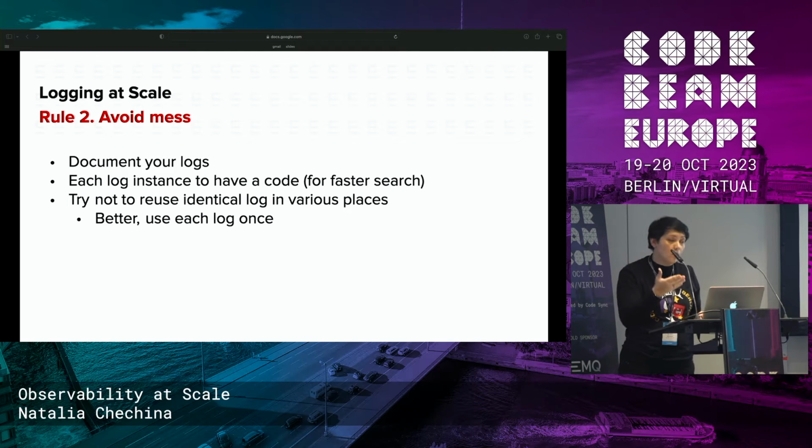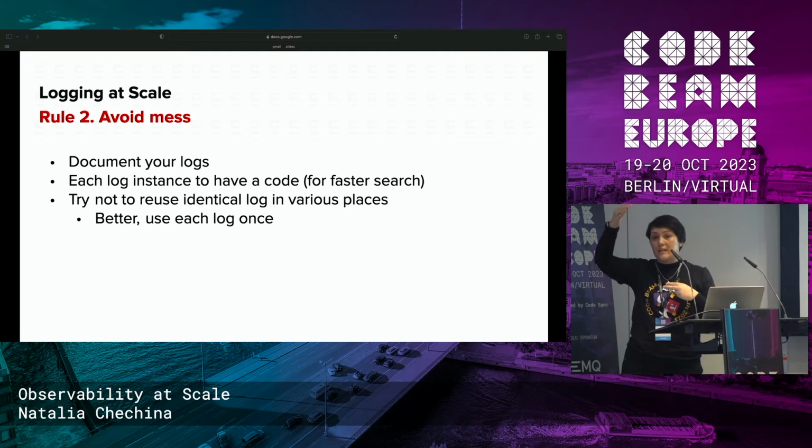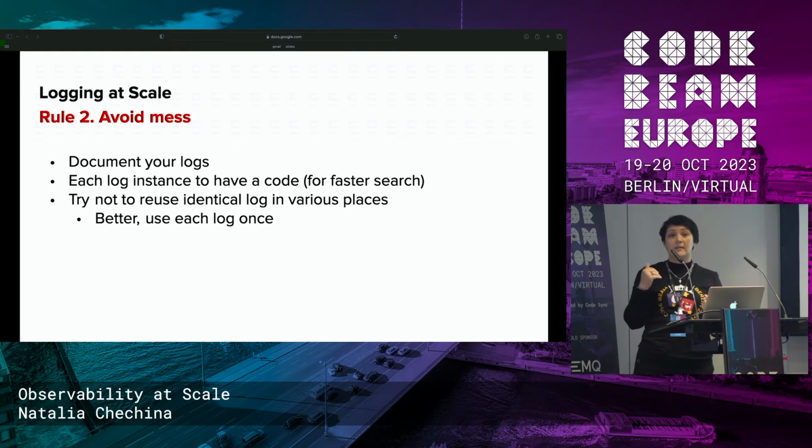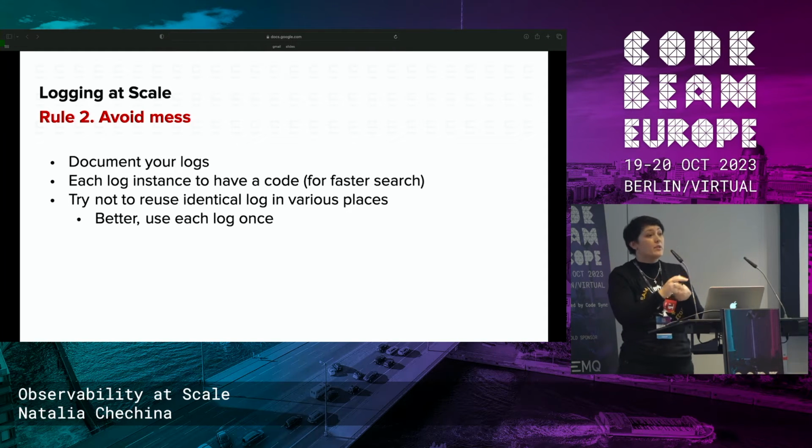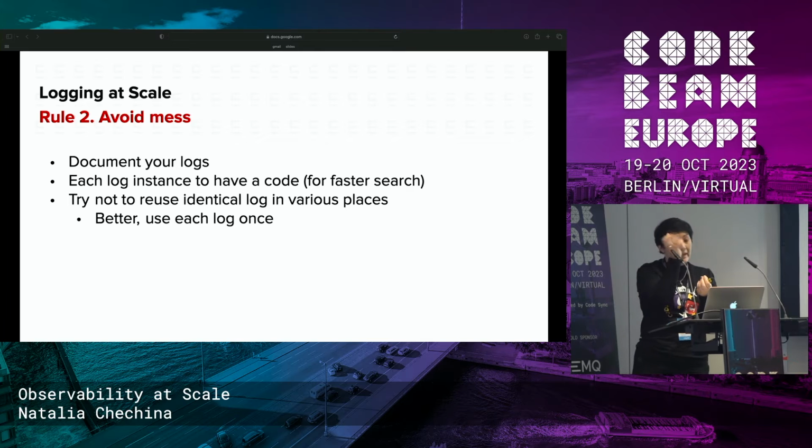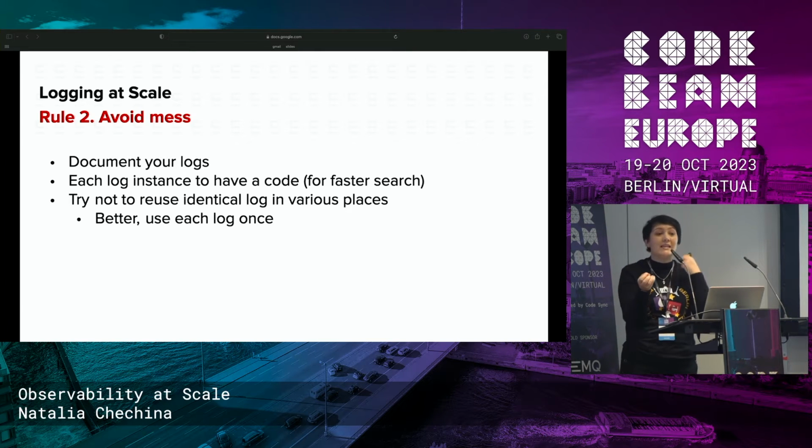Also revise your logs so that they don't contain too much unnecessary information. Have a look at the logs that are before that. Do you pass the same information over and over again? Sometimes it's useful, because the state may change, but do you really need all the state? Do you really need to send that message again, especially if that's binary or XML or whatever that is? That's lots of space. You will need to go through it, so think about that.